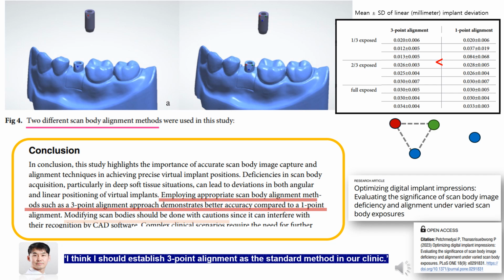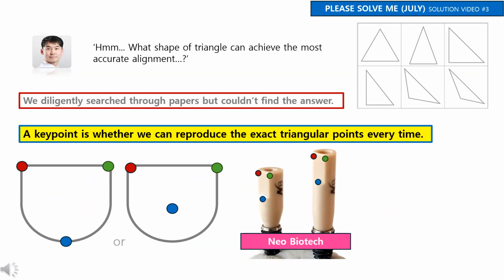So, we need to find the best 3-point alignment method for the scan bodies frequently used in our clinic and standardize it for the staff. In the 3-point alignment method, where should we place the points to get the best accuracy? We diligently searched through papers but couldn't find any specific mention of which positions are more advantageous for placing the 3 points. Placing the 3 points means identifying the 3 most distinctive parts of a shape to set their positional relationship. Given that the recognized part of the scan body is D-shaped,